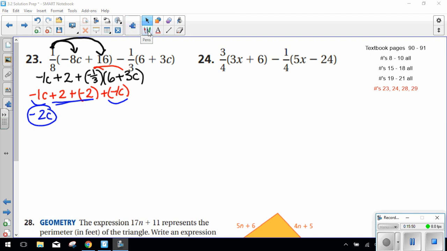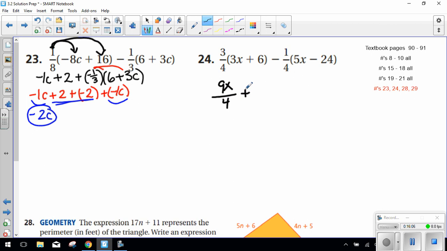For number 24, it's the same idea. In your calculator, you're going to take 3/4 and times it by 3. Remember, you add the x, you get 9x over 4 plus 3/4 times 6. Let's see, that gives us 18/4. That reduces to 9/2. Now here I'm going to write this as plus